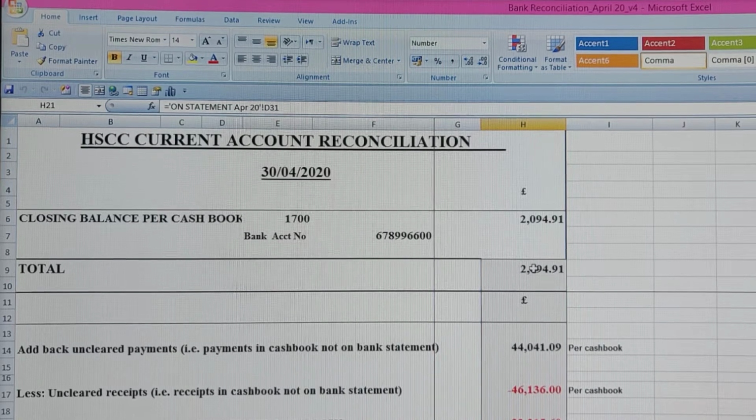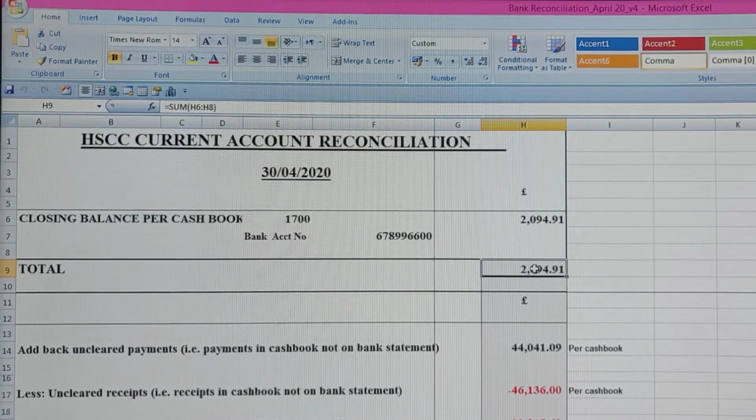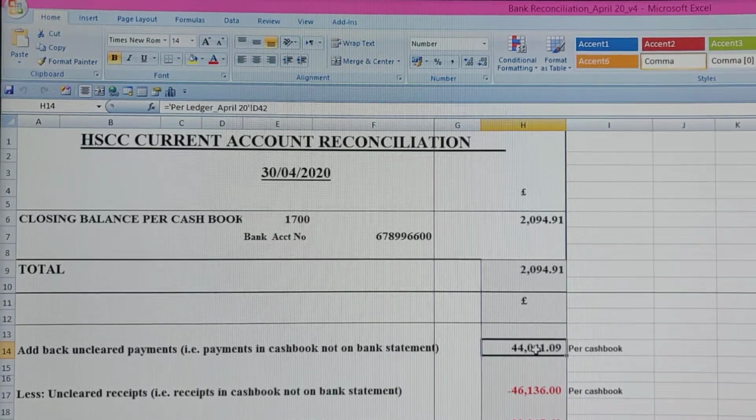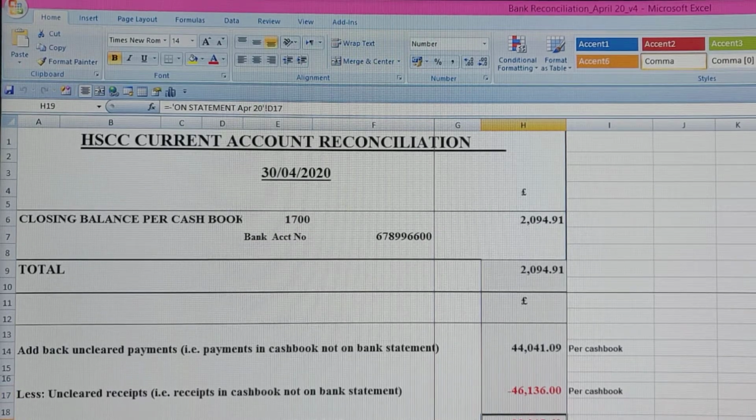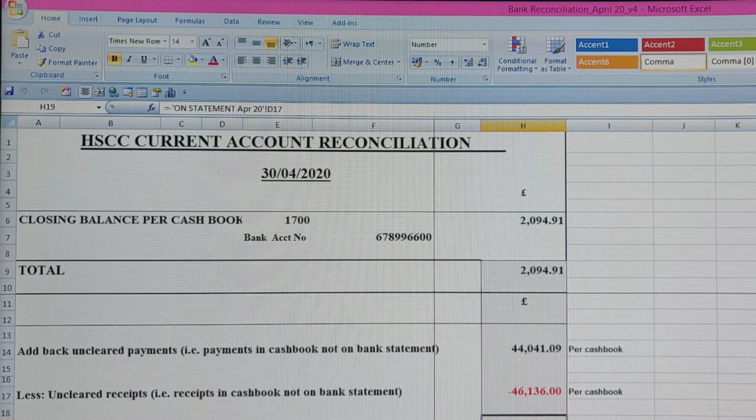Now, you will see that the closing cash book balance, plus all the payments from the same cash book, regardless of whether they've appeared on the bank statement or not, minus all the receipts on the same cash book, regardless of whether they've appeared on the bank statement or not, minus payments on this bank statement. Regardless of whether or not they've been matched with the items on the cash book, I have also added the receipts on the same statement, and you will see that all of them added together